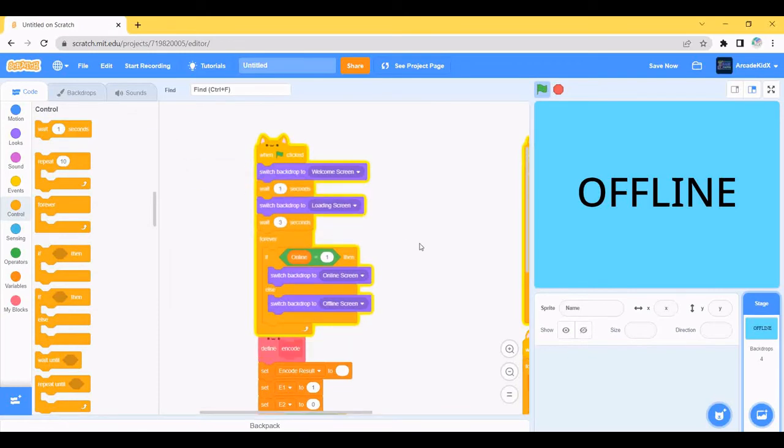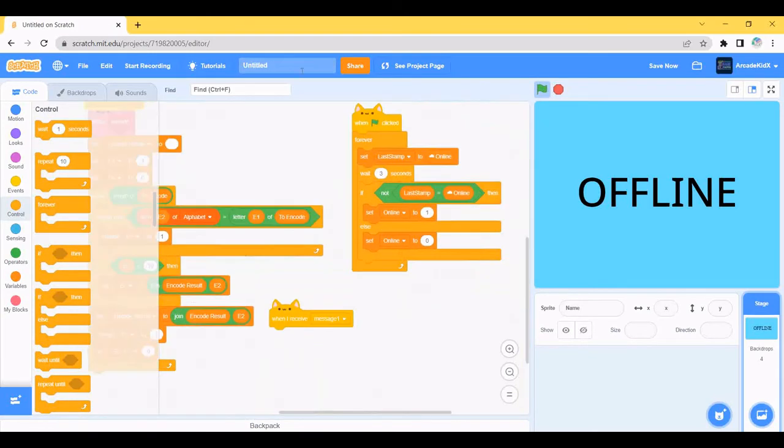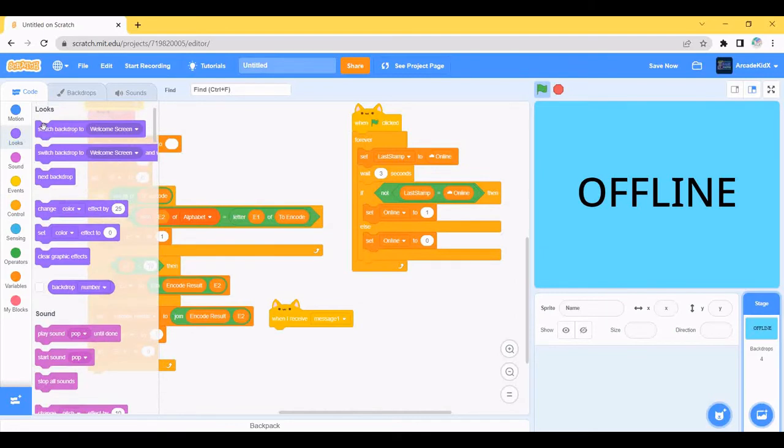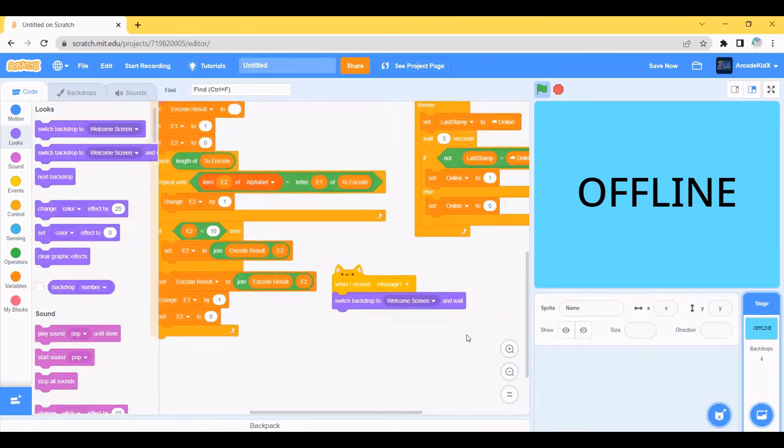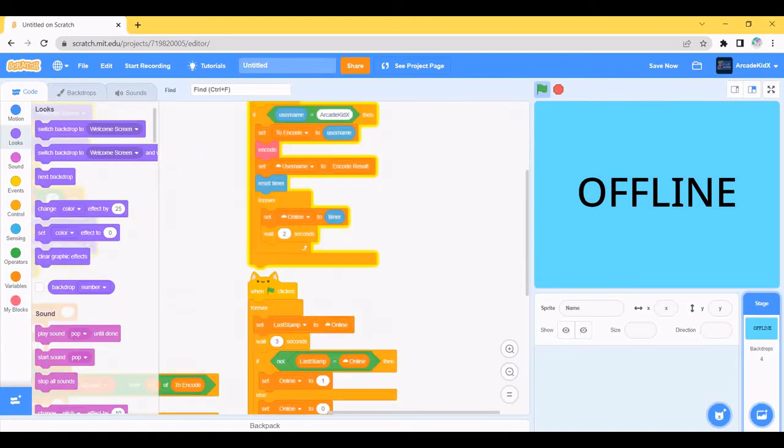So we need a 1 second gap between these. And we are good now. So let's go to the looks again and we will drag the switch backdrop to welcome screen and wait. Okay, our code in the backdrop is finished, so let's create a sprite and we'll see what code is